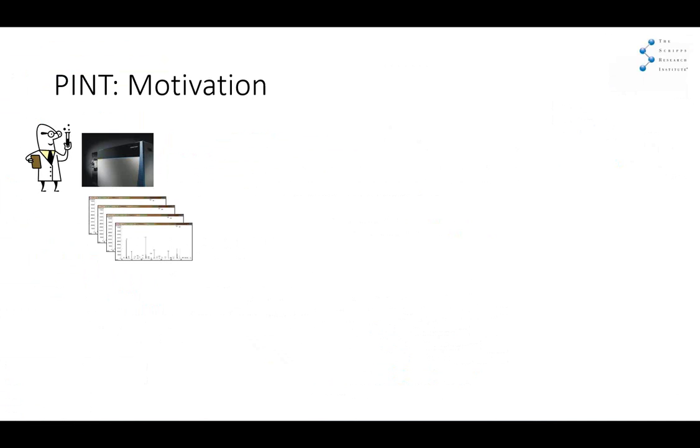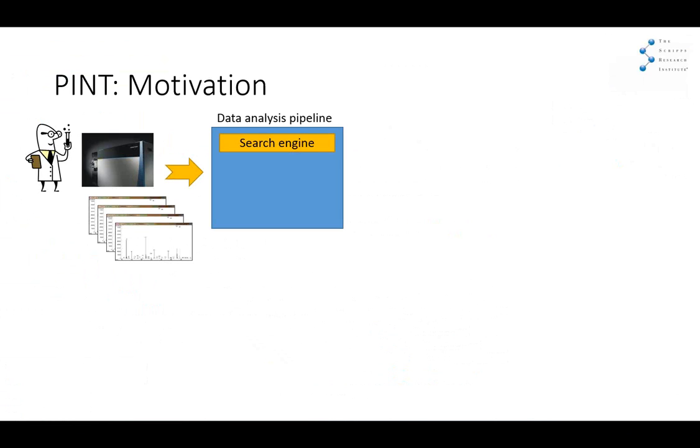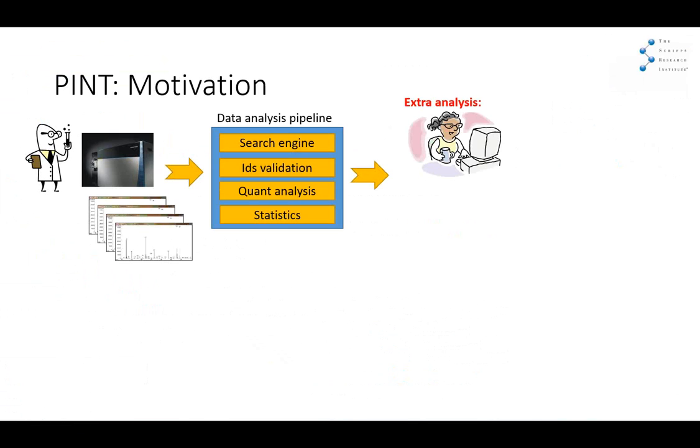The researchers generate some mass spectrometry data, and then they do some data analysis pipelines, like the typical ones, to use a search engine to validate the IDs, make some quant analysis and some statistics. So it can be quite complicated data analysis depending on the lab or the goal of the project. But then